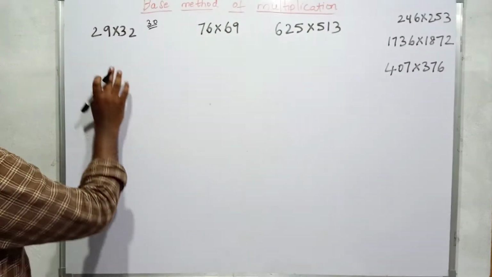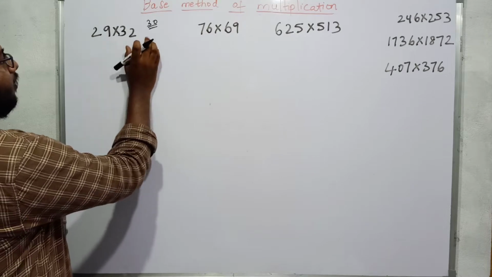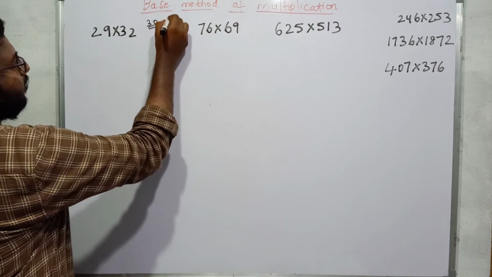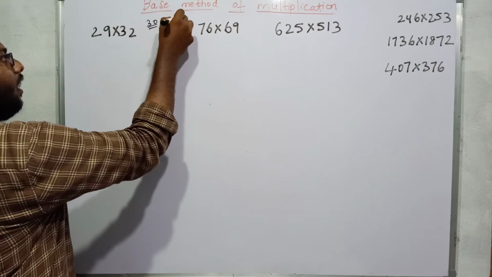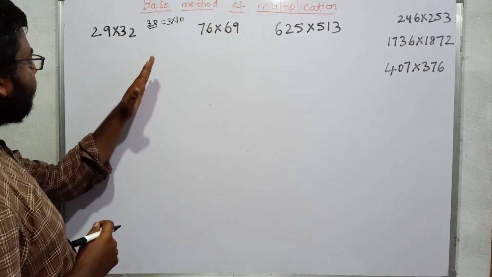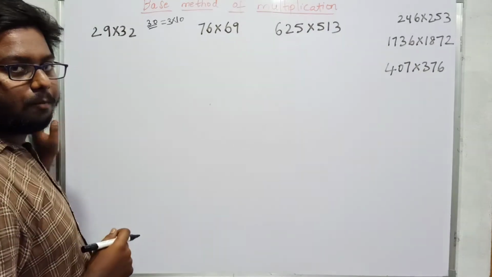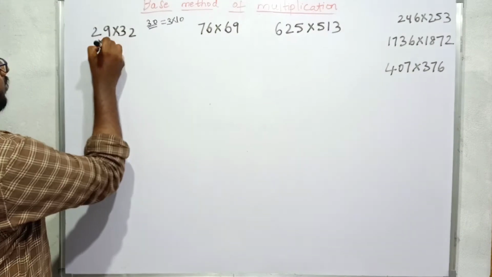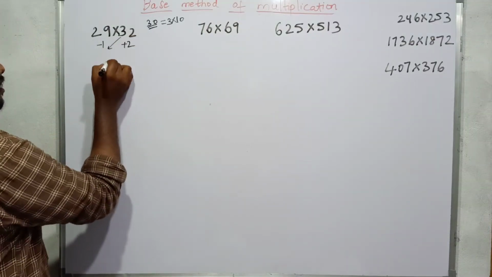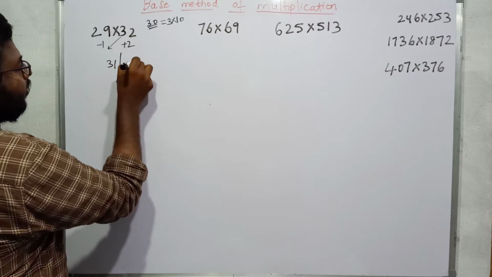So if I have to calculate this, the number is very near to base 30, and base 30 I will write with multiplication factor 3 and the decimal base 10. So the numbers before the slash will be a product of 10. This is -1 far from 30, this is +2 far from 30. I will operate on the small number, I will get 31 and I will get -2.